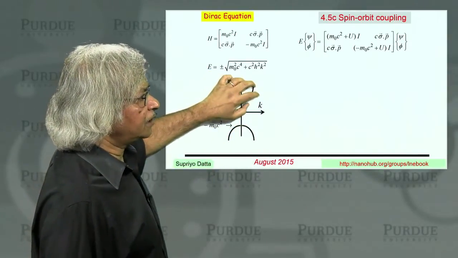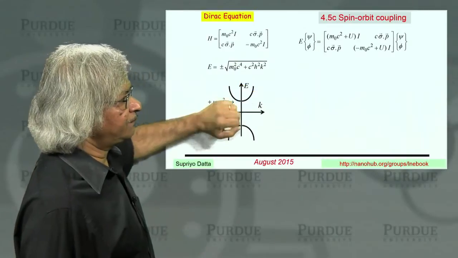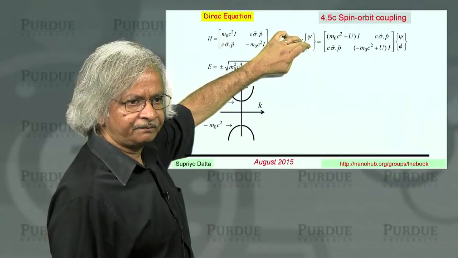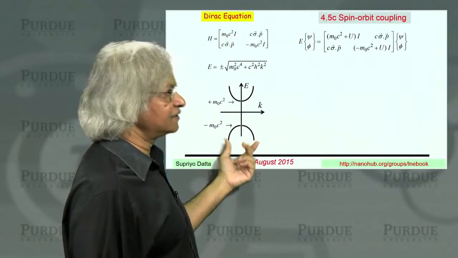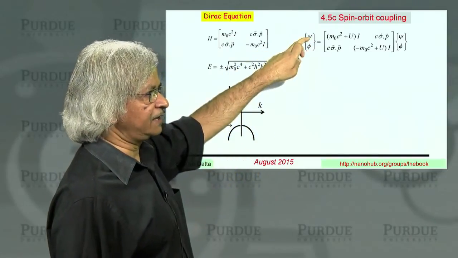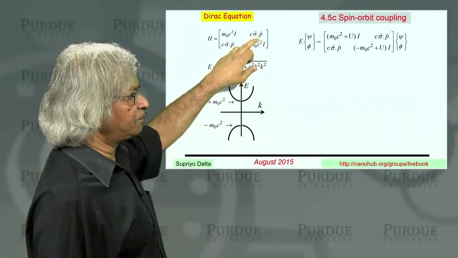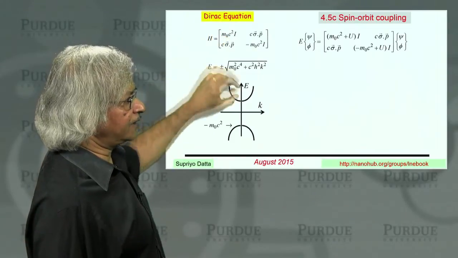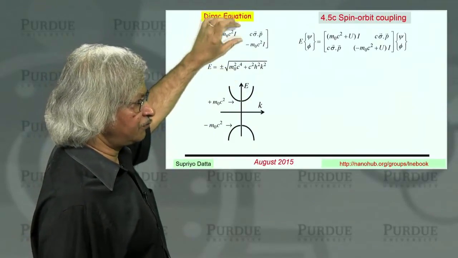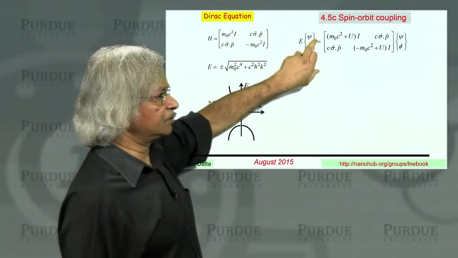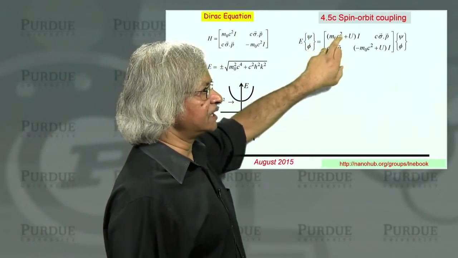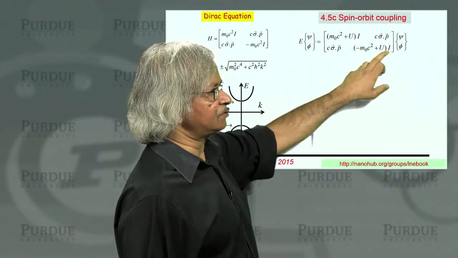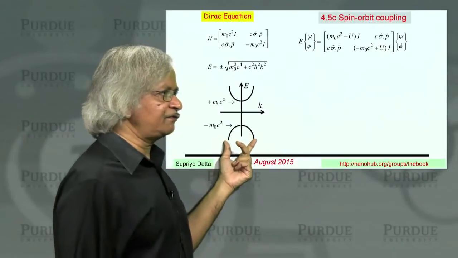Now, if you look at the wave functions of electrons out here, it is largely psi with a little bit of phi in it. Whereas the wave function here is largely phi with a little bit of psi. And the reason, you can see, if you put p equals 0, then you see the mc square, that's the top band, that corresponds to the first two components. So psi, E psi equals mc square times psi if the momentum is 0. And E phi is minus mc square times phi. So this is largely phi.